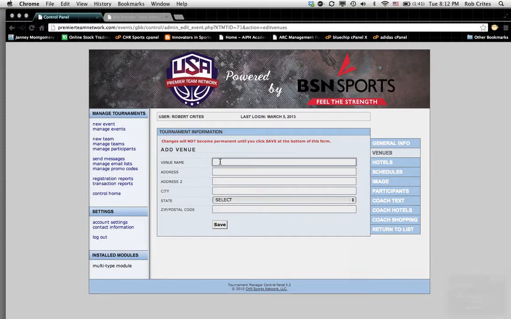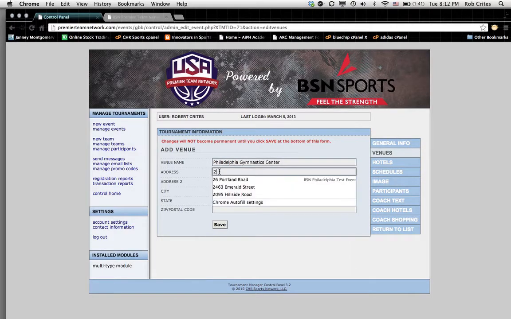That is an additional one from the main event. Okay, the venue name, let's call it the Philadelphia, oops, Gymnastics Center. All right, and the address is